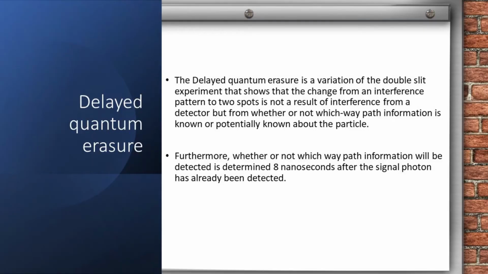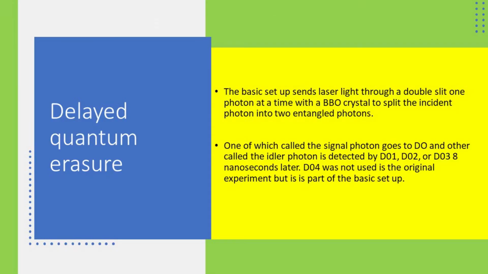The delayed quantum erasure is a variation of the double slit experiment that shows that the change from an interference pattern to two spots is not a result of interference from a detector, but from whether or not which-way path information is known or potentially knowable about the particle. Furthermore, whether or not which-way path information will be detected is determined 8 nanoseconds after the signal photon has already been detected. The basic setup sends laser light through a double slit, one photon at a time, with a